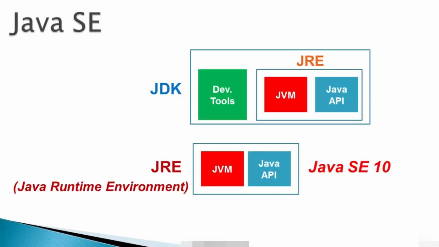But regardless of whether a separate JRE is available or not, we as developers who develop Java programs would need a JDK, as it includes tools like the Java compiler, which is needed to compile our programs. And since the JDK also includes a JVM, we can also execute our programs. Okay, so JDK is what we need.